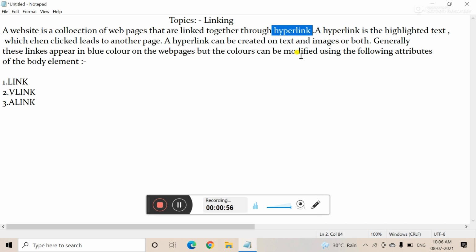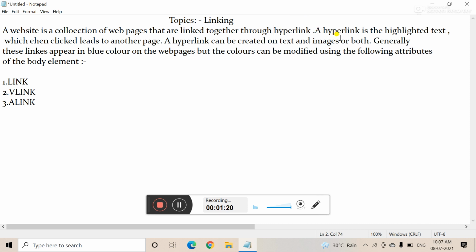Just click on a particular line, which is the hyperlink, and another page opens. As I have already written there, a website is a collection of web pages that are linked together, meaning one page to other pages through the hyperlink.